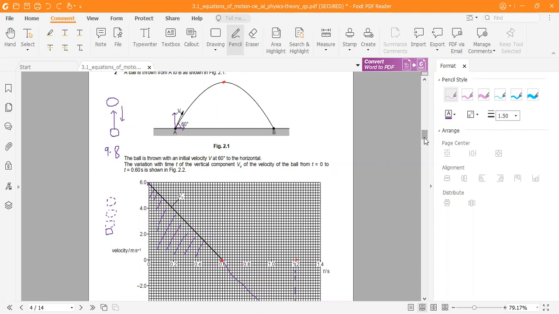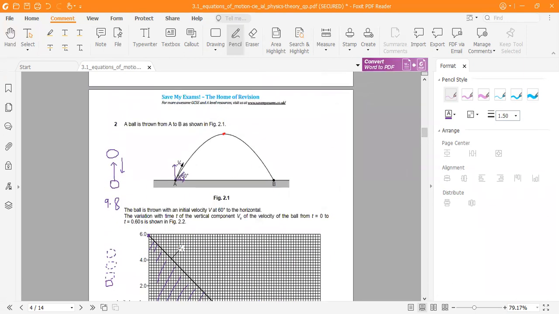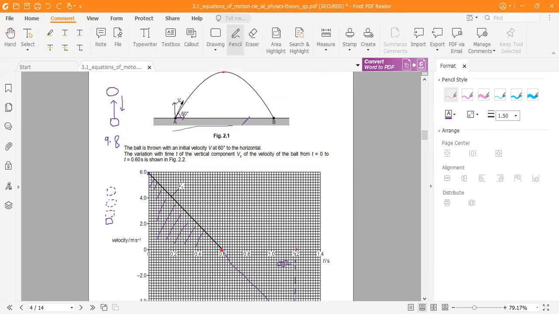And if you are just considering this area, this means that you are considering the position when the ball has come back, when the ball is at this position. At that position, automatically we know that the distance is 0 because the ball is basically back at its original position again. We are not considering this horizontal distance. We are not putting this horizontal distance into question. We are only considering the vertical component. So keep that in mind.